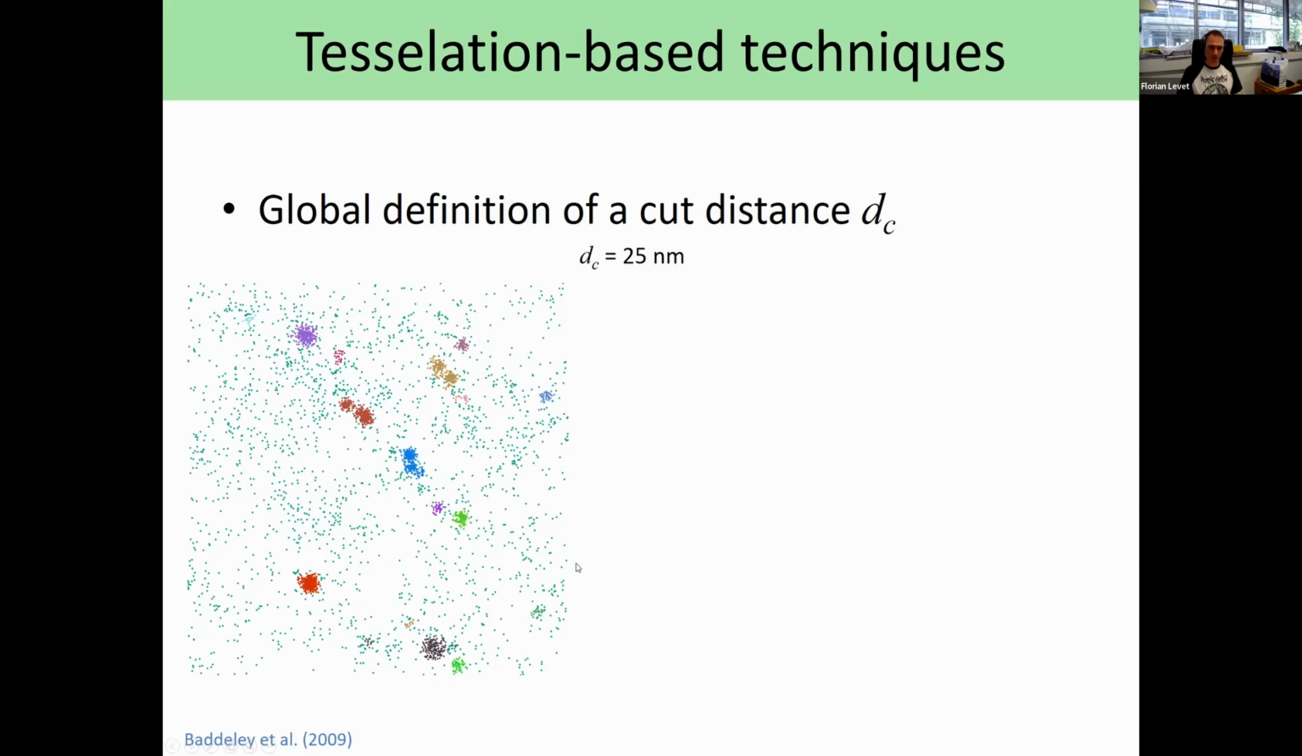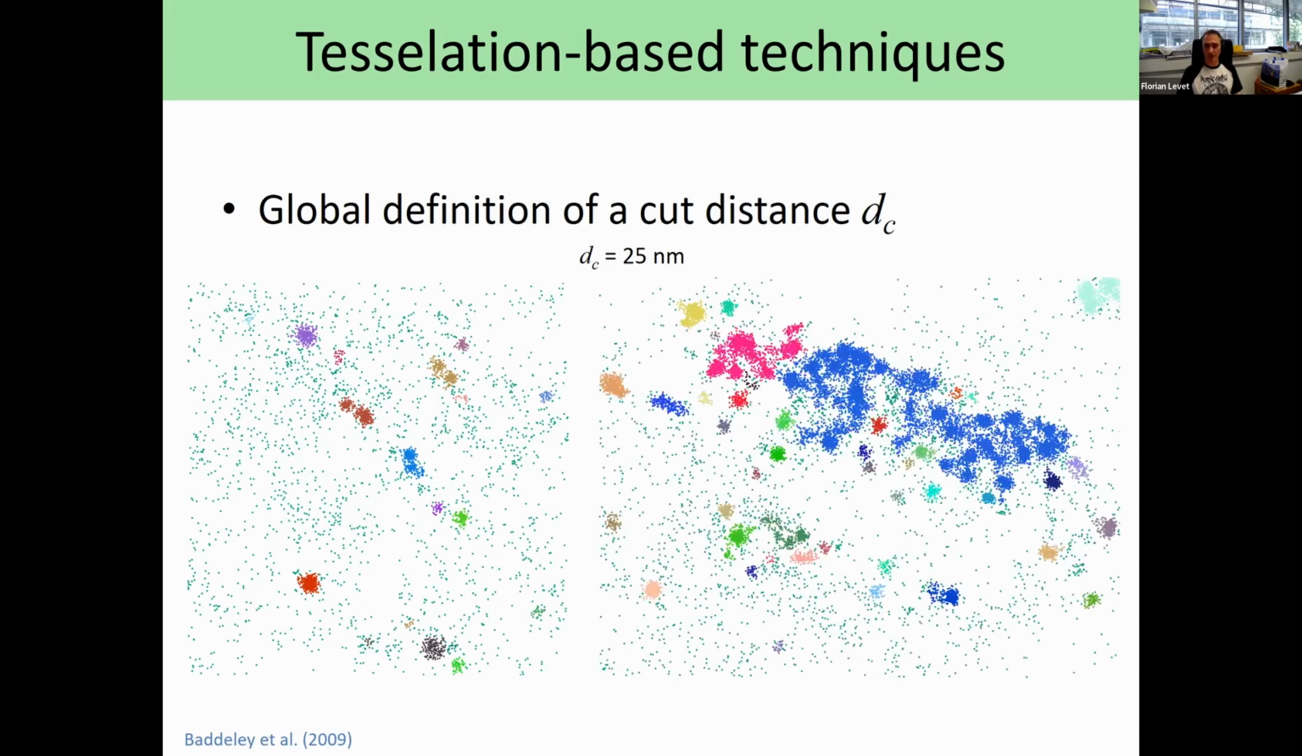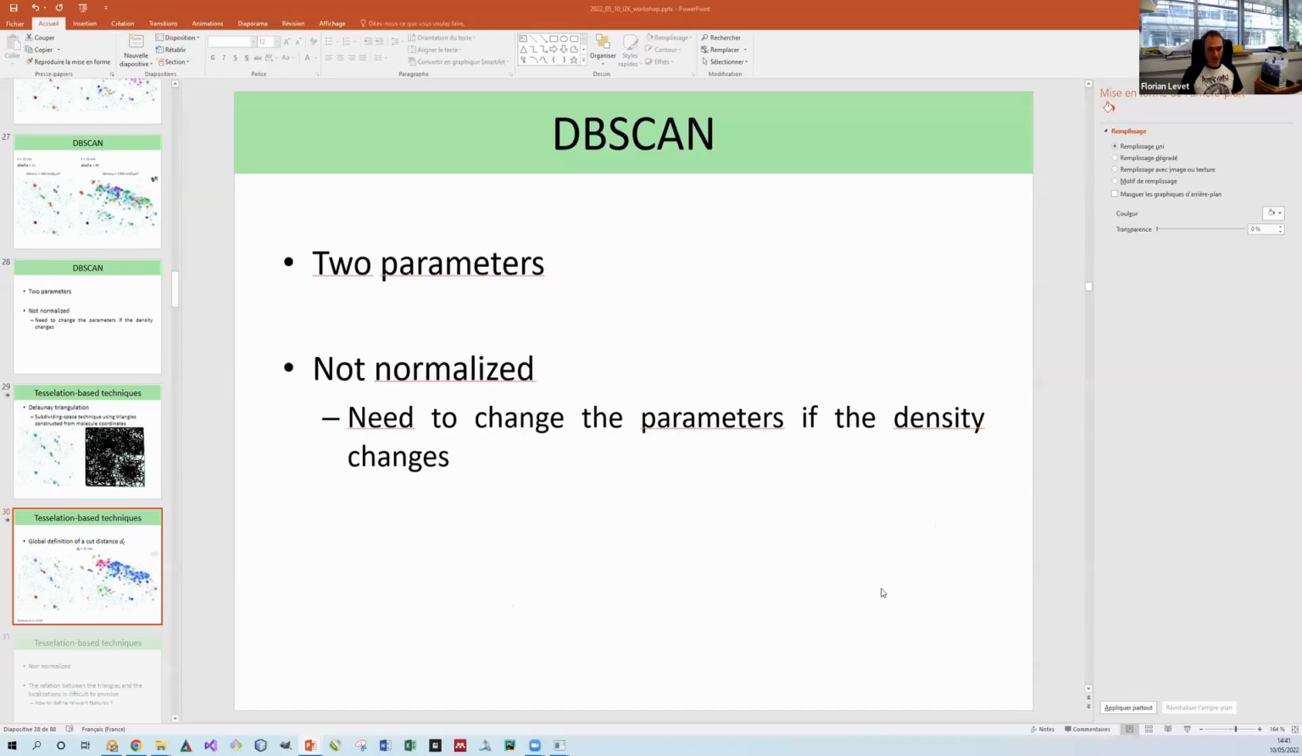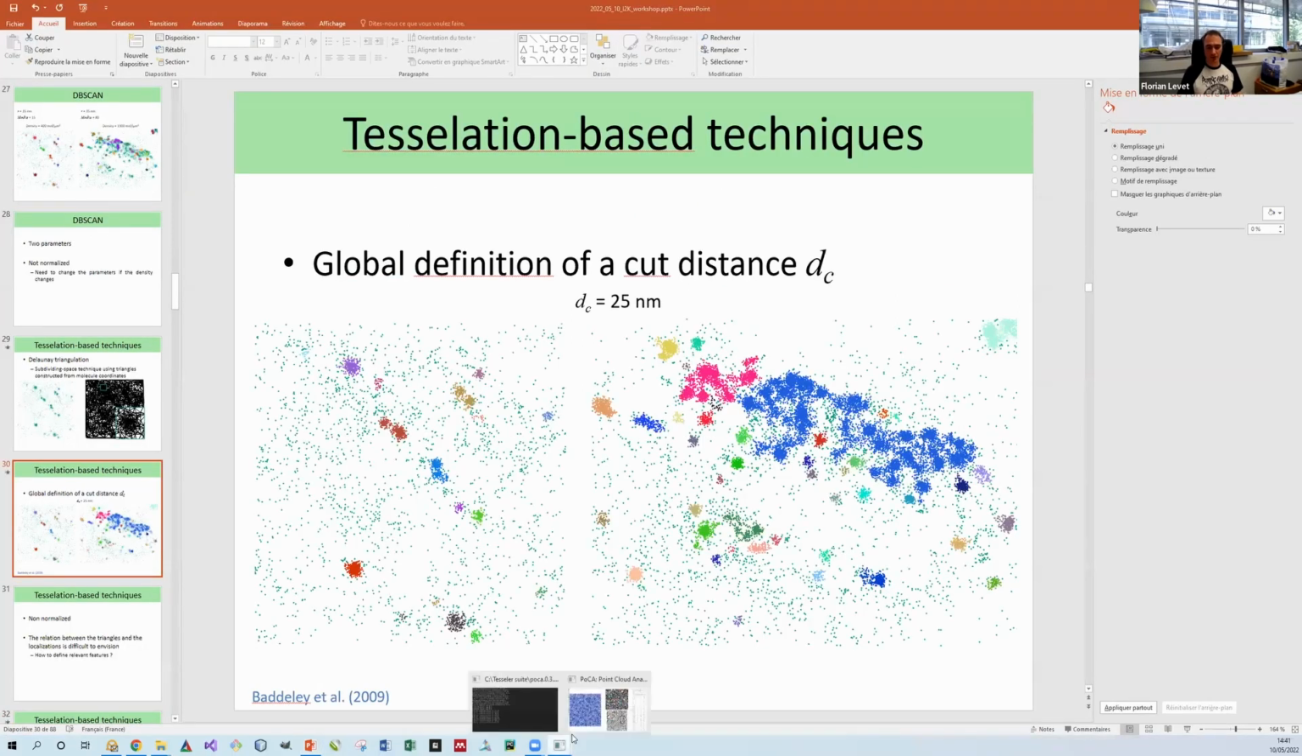But there is the same problem as for DBSCAN, that it's not robust to density, meaning that if you apply this cutting distance to this data, you will end up with this segmentation where you don't manage to segment the small clusters. And if you change your cutting distance in order to be able to segment these clusters that are denser than the one in the background, you will lose the one in the background. Still, Delaunay triangulation is also available in